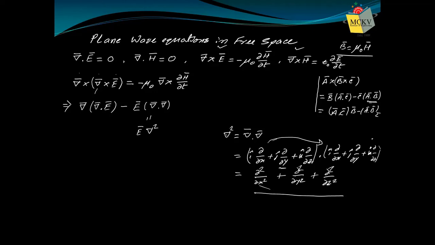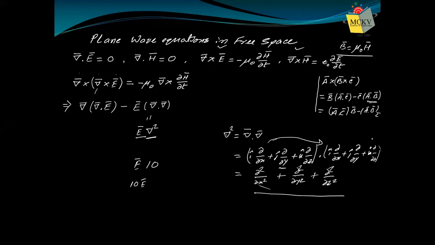Operator means it needs something to be operated on. Del 2 needs something on which it can operate. That means del 2 or any operator cannot be written after the quantity. This is our quantity E. You cannot write del 2 after it. If it was a scalar quantity, like say 10, whether I write 10 here or 10 here, doesn't matter. E10 or 10E, I understand.